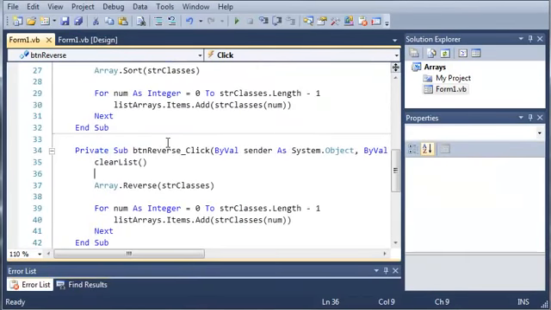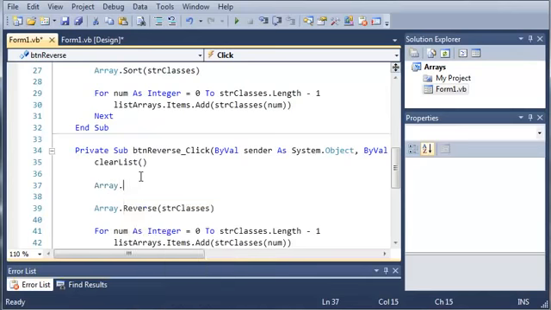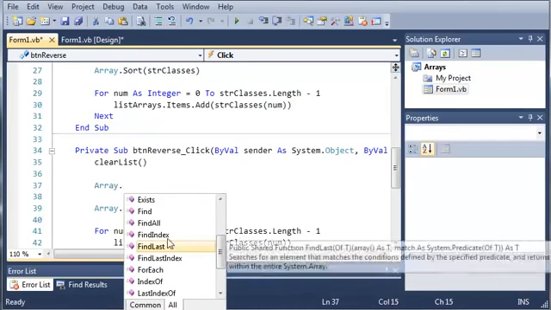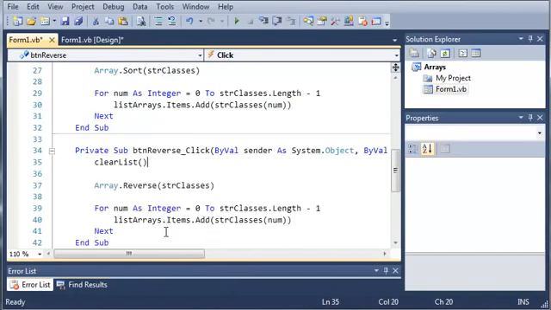Now this is a pretty simple tutorial teaching you how to sort and reverse arrays. Now what you can also do is just play around with this and type array dot and look at each one of these and read the description and see what you can do with that. And then once you feel satisfied with what you've learned and you know you're not going to forget what I've taught you in this, maybe you've learned something new from doing it yourself, go ahead and move on to the next tutorial, and thanks for